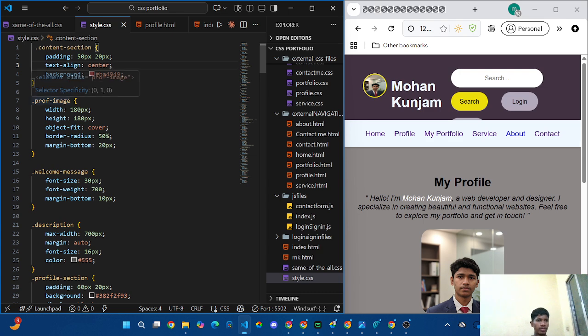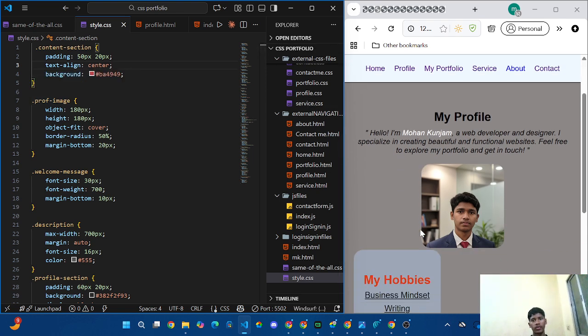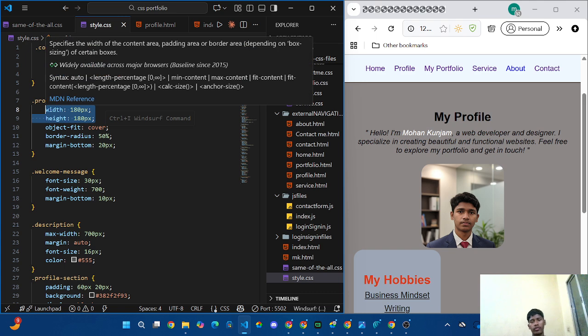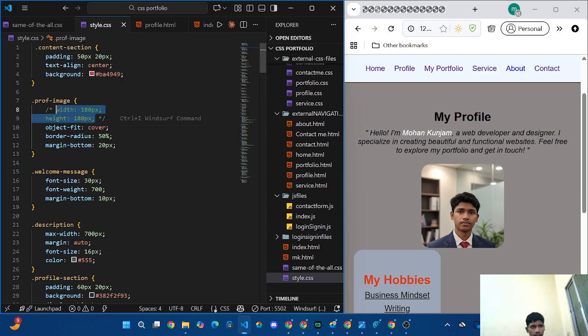Right? Profile image. This means the profile image, right? This is my profile image. I give width 180 pixel. I give height 180 pixel. I just commented it, so it does not modify the image size, as you already see the big image, right? I just commented